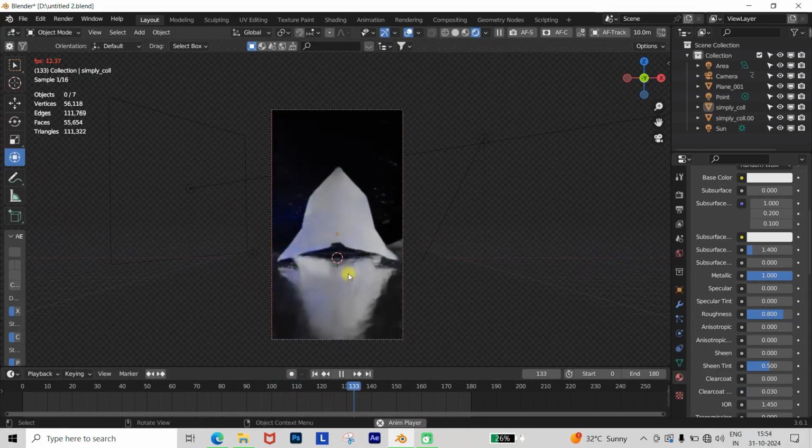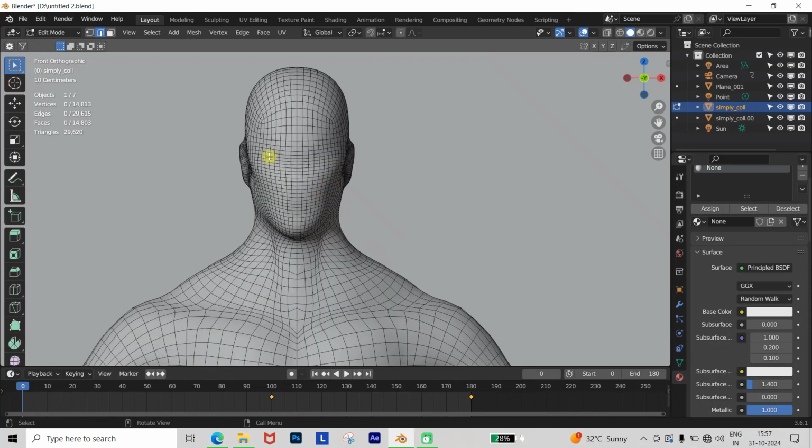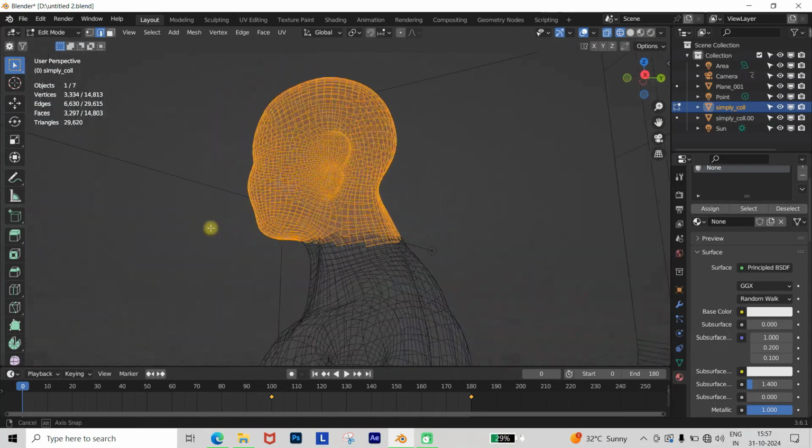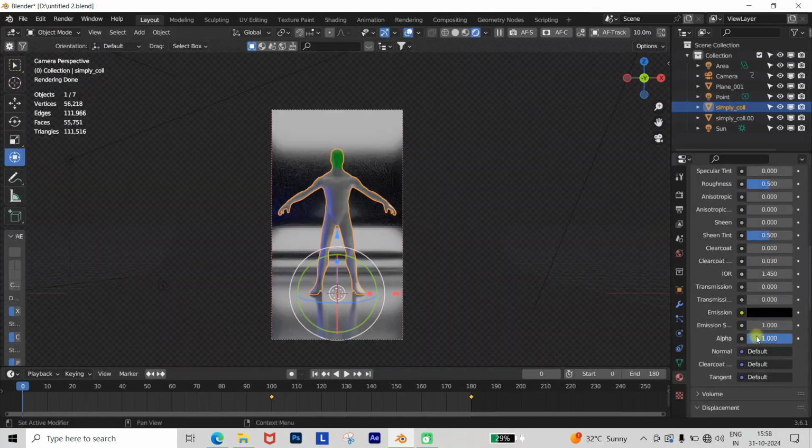For some extra details, I want the head of this mesh to be glowing, so for this, go to Edit mode and change it into wireframe mode and select all the head parts. Then for that head part, assign a new material, change the emission color to green, and change the emission strength